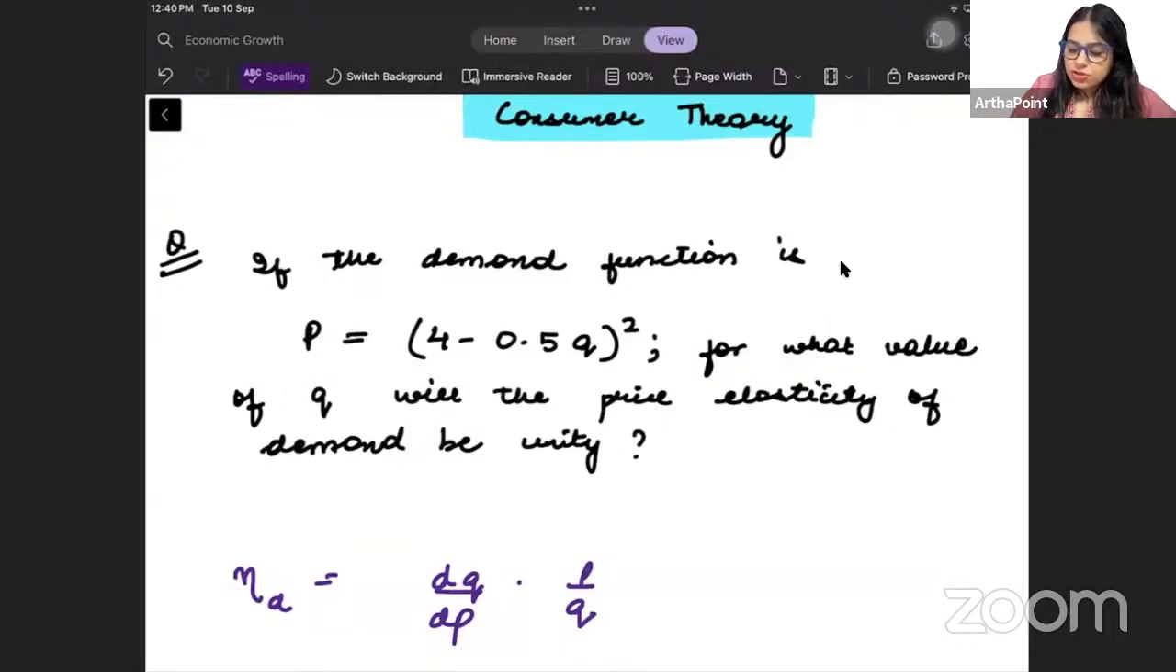If the demand function is given to you as P is equal to 4 minus 0.5 Q squared, for what values of Q will the price elasticity of demand be unity? Now, I just want to alert you here. So first of all,